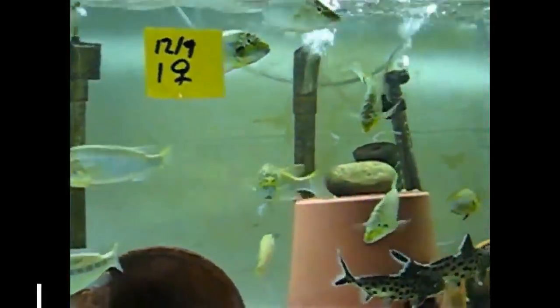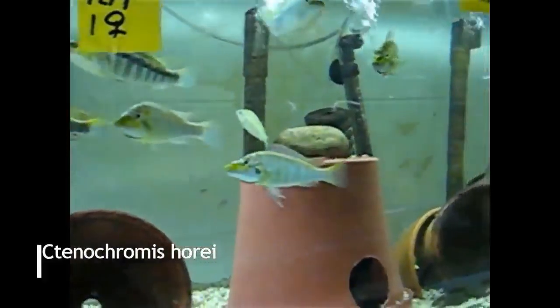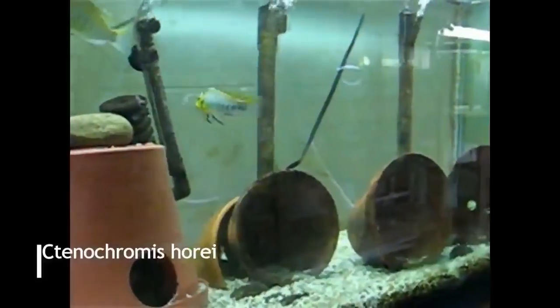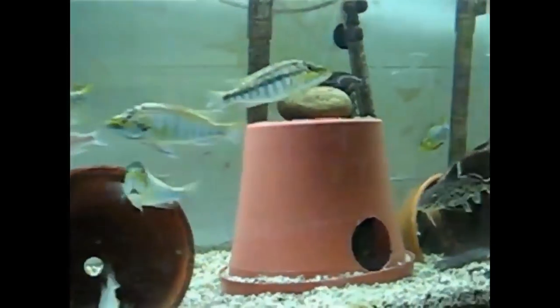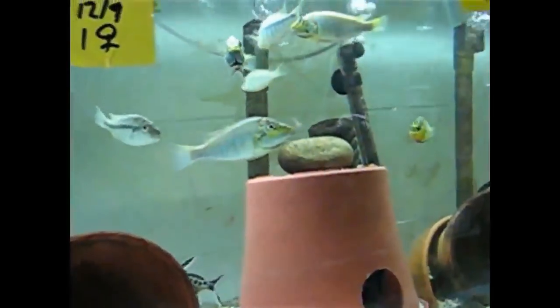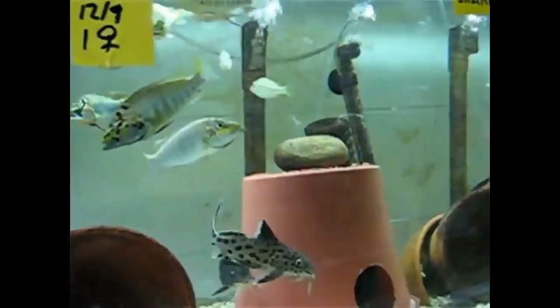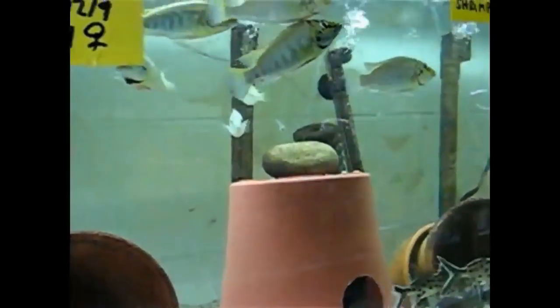So the multipunctata catfish is from Lake Tanganyika and lives around a number of mouth-brooding cichlids, a couple of species that over millennia the Synodontis has developed a relationship with. Here it's the Tenochromis horii, one of the most common species that the multipunctata chooses to breed with in the wild. Unfortunately, this cichlid is not commonly available in the hobby, though it is very pretty,